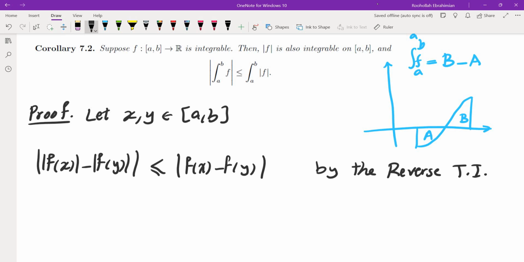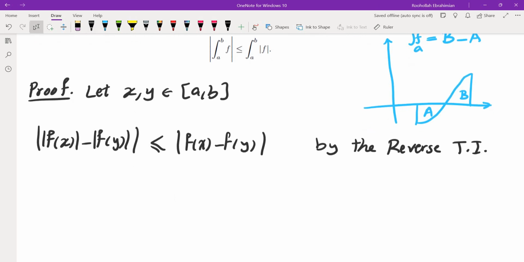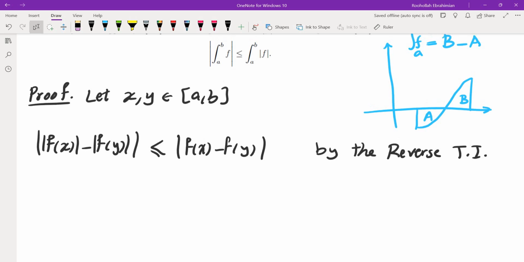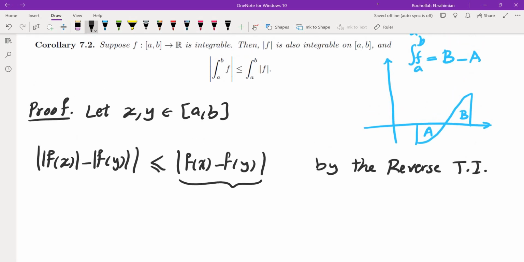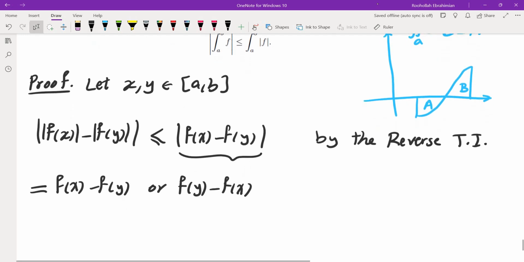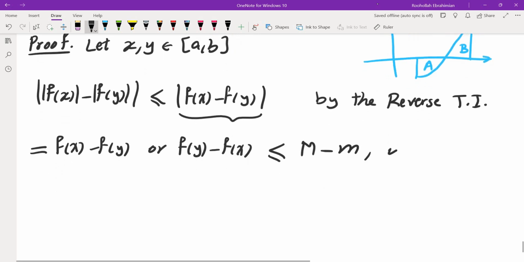Okay, now if you look at the right hand side, this would be equal to f of x minus f of y, or f of y minus f of x, which would be less than or equal to the supremum minus infimum, where